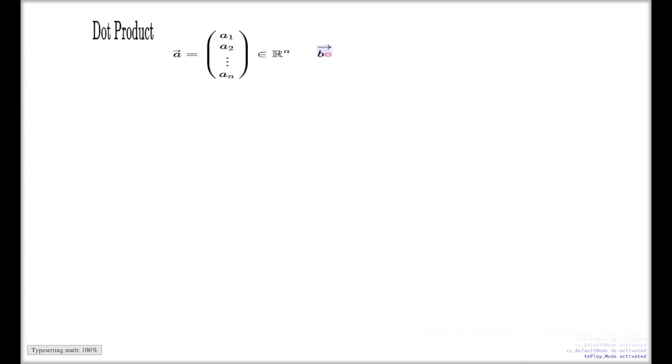Remember, in the general scope of n-dimensional space, we operate with n-tuples, or columns of numbers. So if I have 2 vectors, which is basically a synonym for a column of numbers these days, here's my column of numbers, A1, A2, dots hiding most of the terms, and it is conventional to write the last one to indicate how many of them we're looking at. So if I have vector A like this, and a vector B like this, again with components B1, B2, Bn, again from Rn, the dot product,